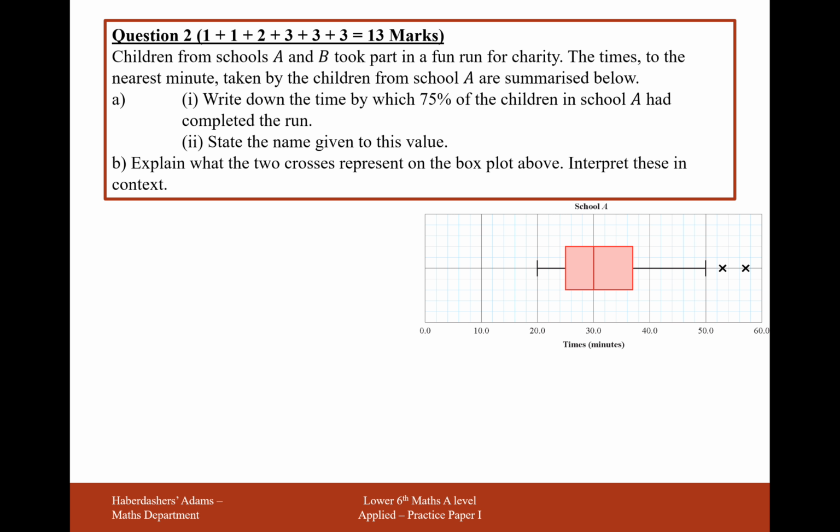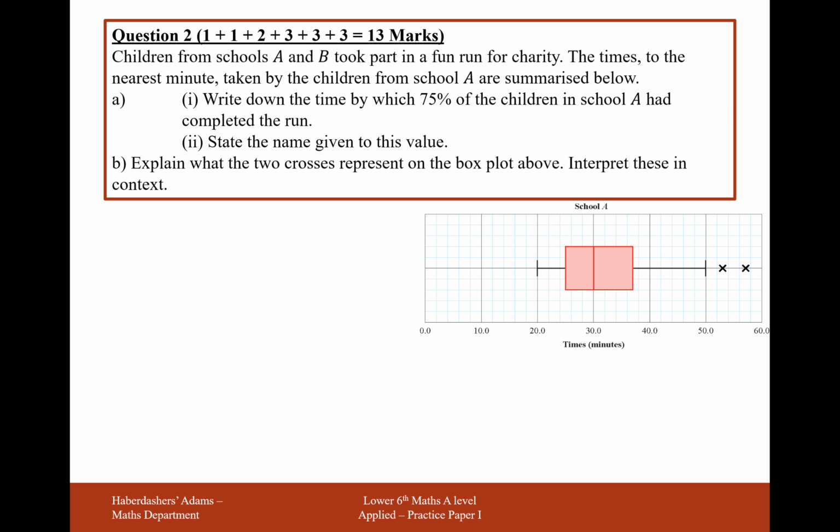Here we're working on question 2, a statistical diagrams question. Children from school A and B took part in a fun run for charity. The times to the nearest minute taken by the children from school A are summarised below. Part AI asks for us to write down the time by which 75% of the children in school A had